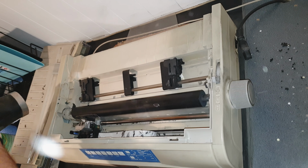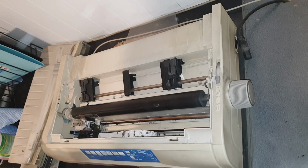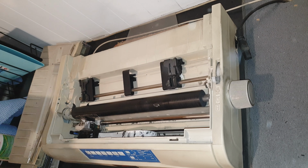I've actually got a blower. Didn't have a spare vacuum cleaner, but there's a lot of gunk in there, as you can see,